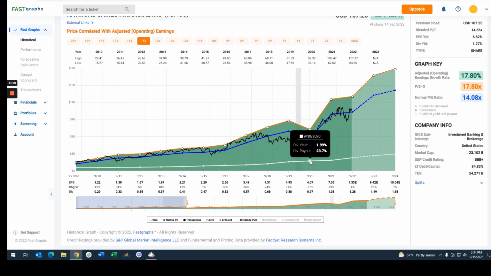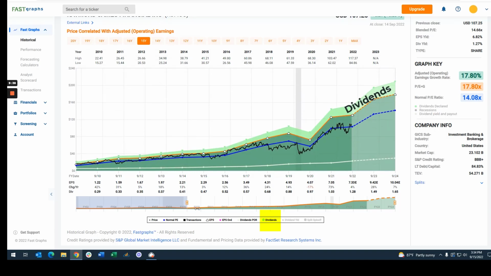When earnings fell in 2020, they paid out almost 24% of their earnings. But you can see that this is really clearly a function of the amount of these total earnings that the company is paying out as a shareholder. Now, we also then take those dividends and stack them on top of the graph to illustrate the very strong point that you get capital appreciation where the price goes from point A to point B,